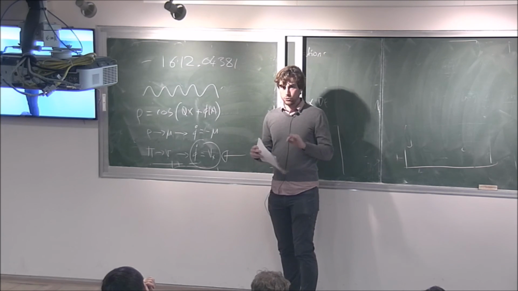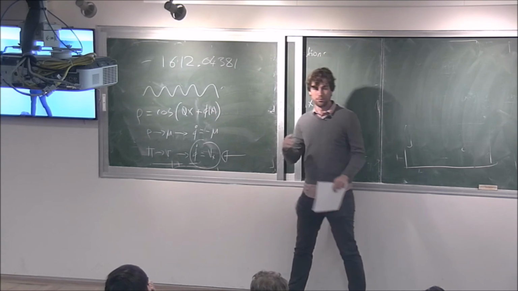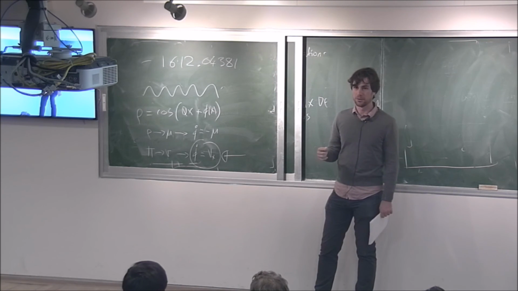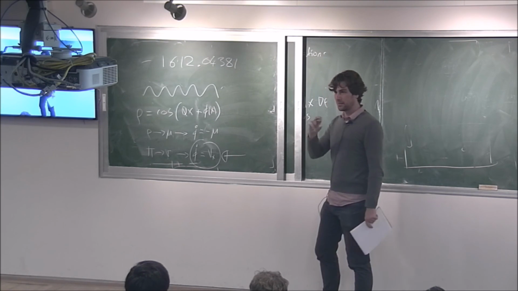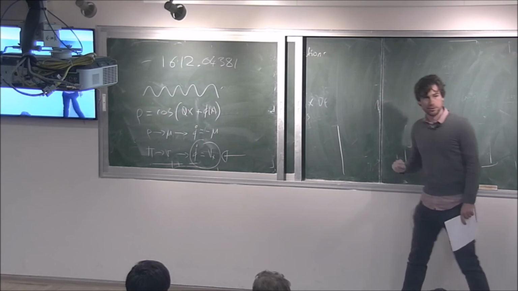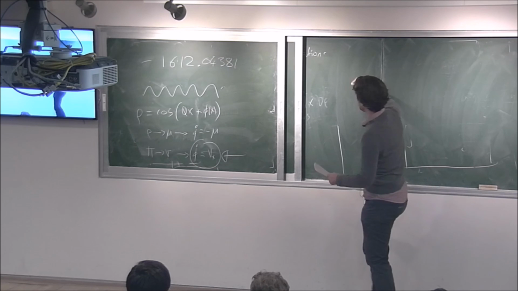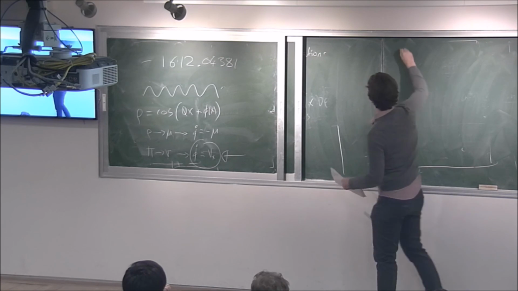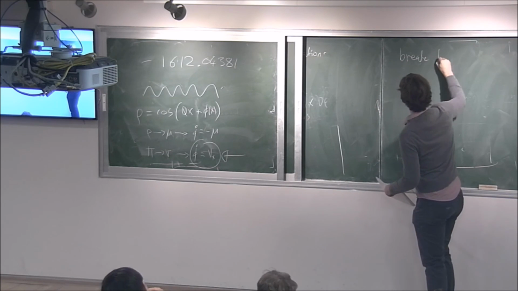Then you have what's called a pseudo-Goldstone boson. You're breaking an approximate symmetry, and this is well defined as long as you only slightly break the symmetry. And so what happens is that you get a mass. So if we break translations,